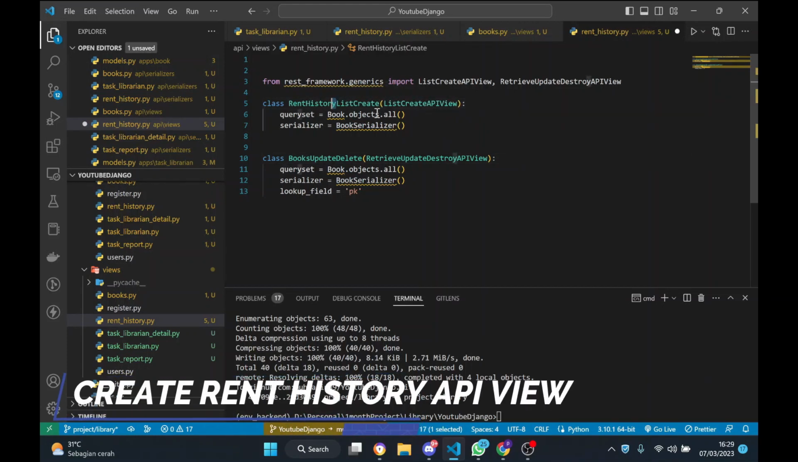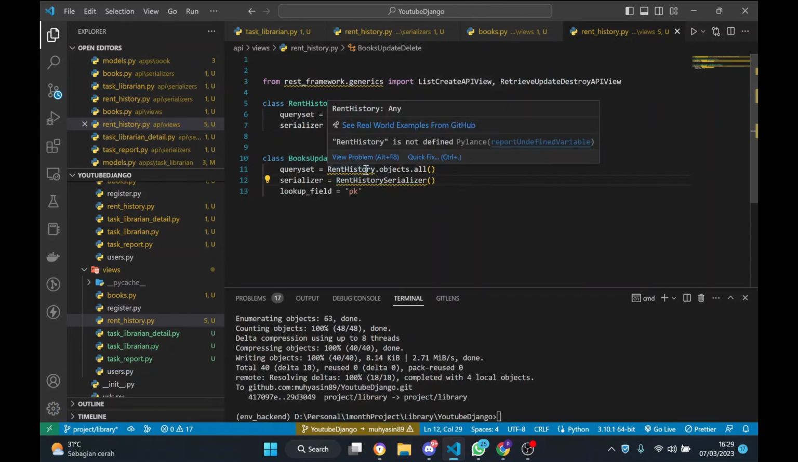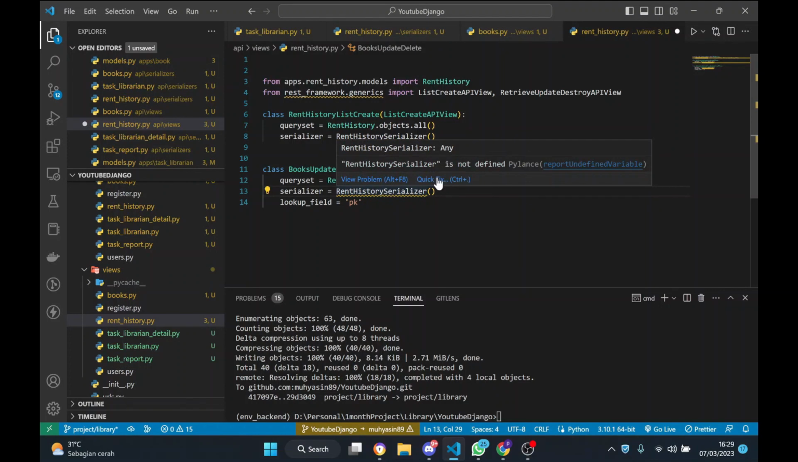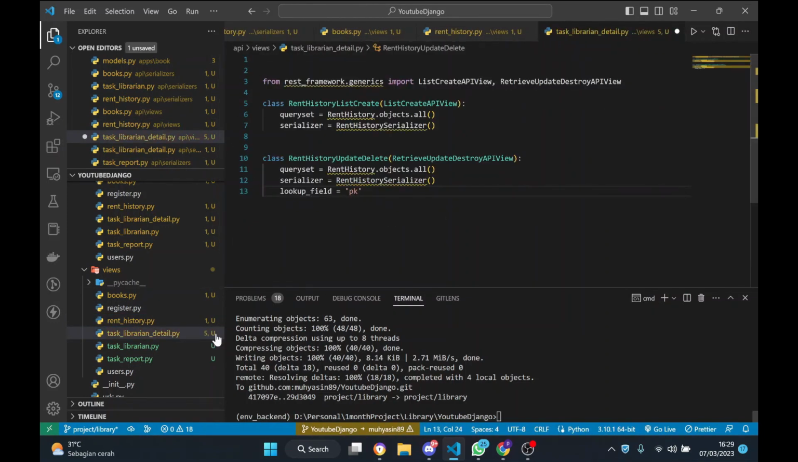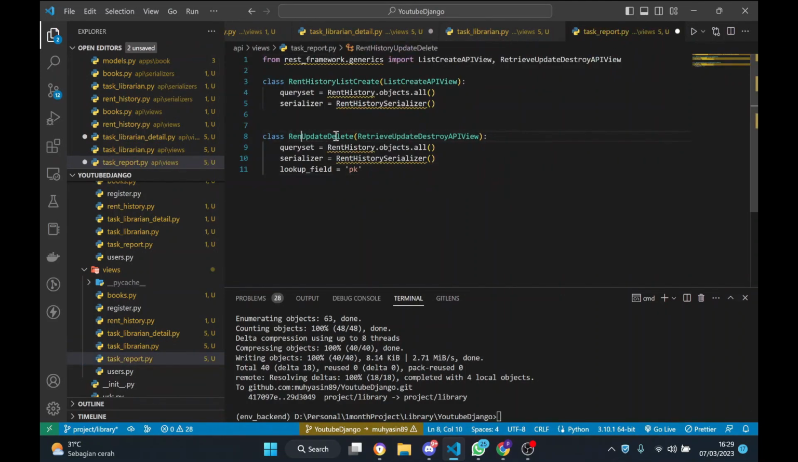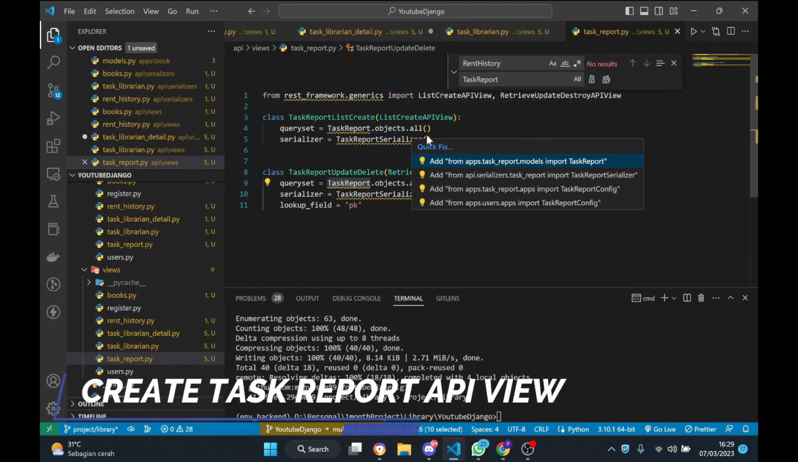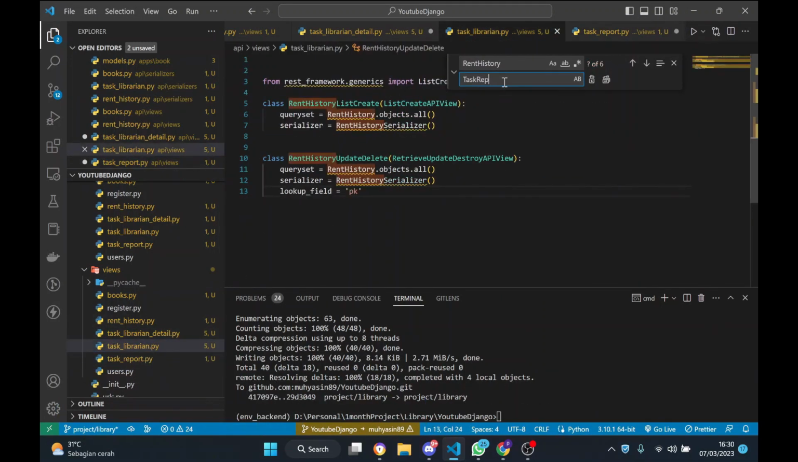and make sure that everything has the same ability for the API, for the REST API, right? I'm going to change the book into REST history. Just copy this one, also copy this one to make sure that everything has been copied, and I'm going to just change it from the run history to task report. Make sure everything is easy,